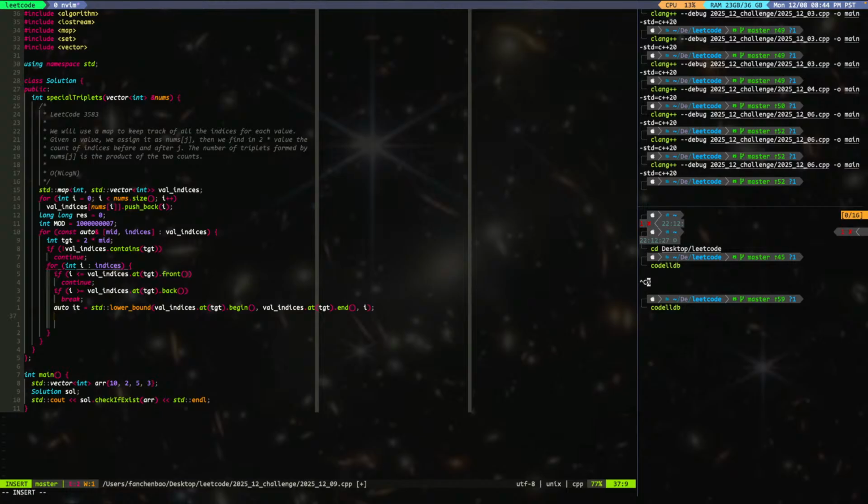Okay, so now we find the iterator that is the lower bound of I, right? So largest one is smaller or equal to, yeah. So we basically will put it here. So either we, it depends, right? If it's